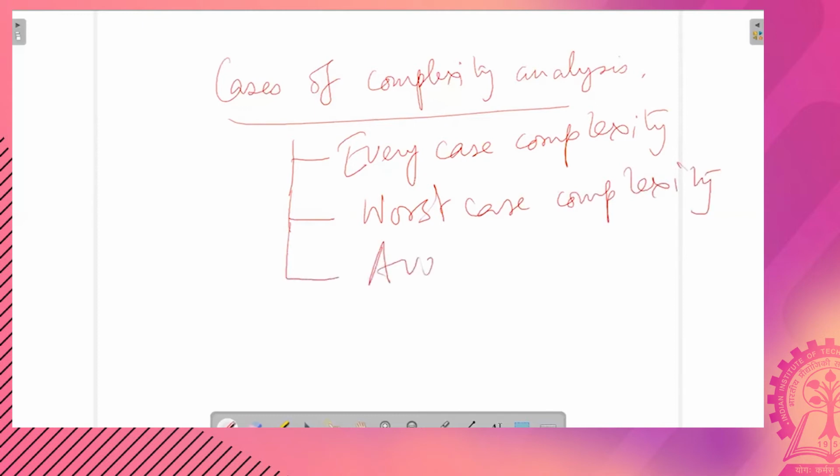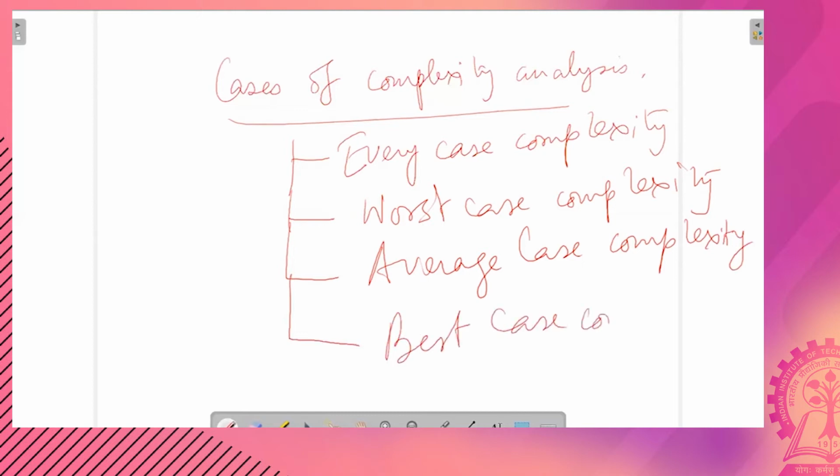Third, average case complexity. And fourth, best case complexity. So depending on the problem statement, there can be various types of complexity analysis. Some of the most important ones are every case, worst case, average case, and best case complexity analysis. So we will start with the every case situation.